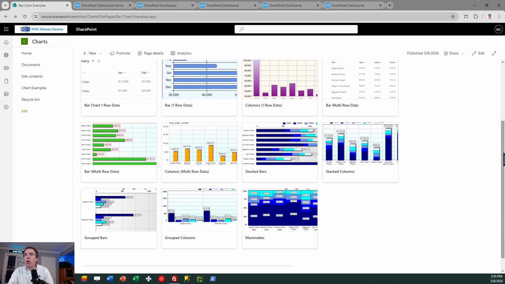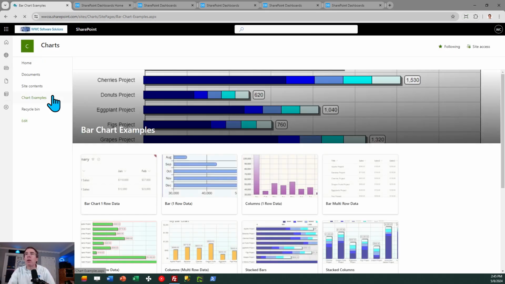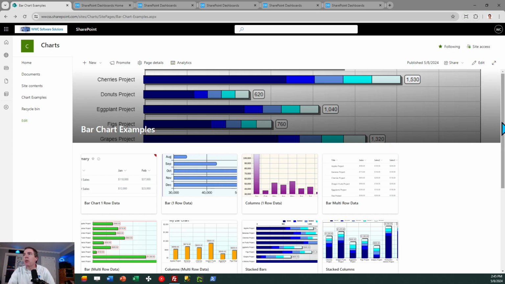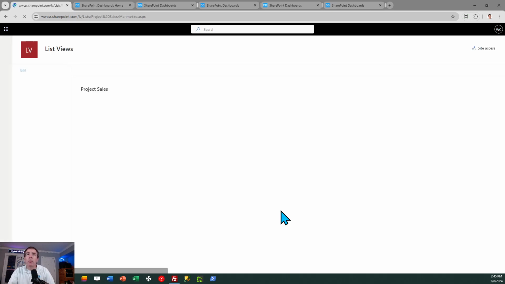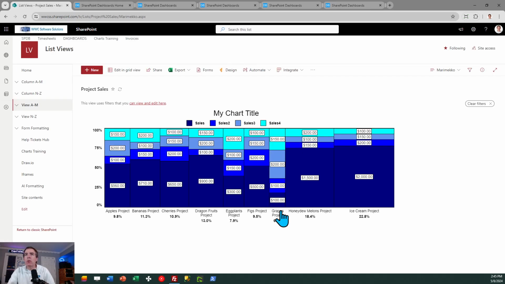Okay, we've got a couple more examples that we're going to look at here. So another type of chart that we might want to do is what's called the Marimekko. I'm always worried I'm going to say that wrong. I'm not sure exactly why it has that name, but I'll describe the concept to you. It's an interesting one. So here's the same data, and it's showing everything filling the box, and I'll explain how